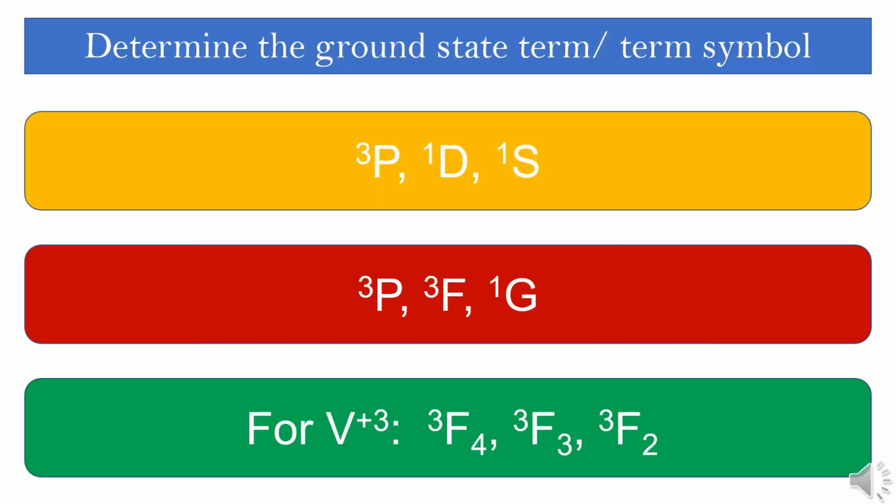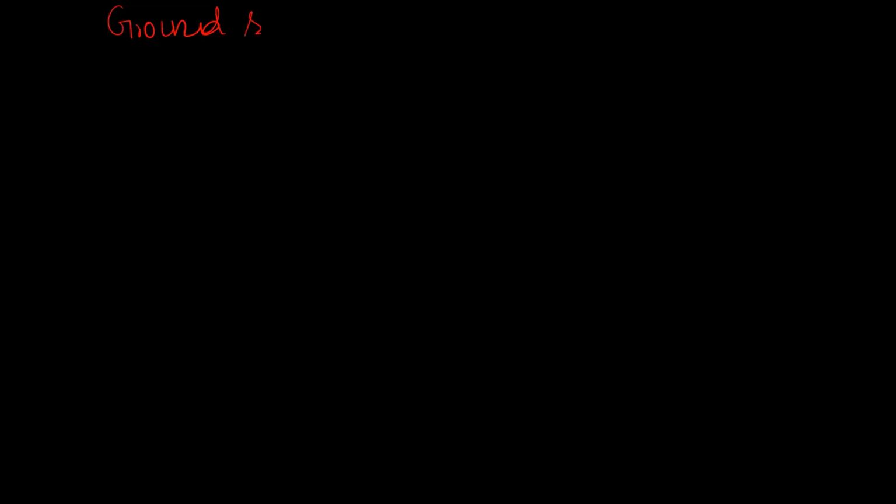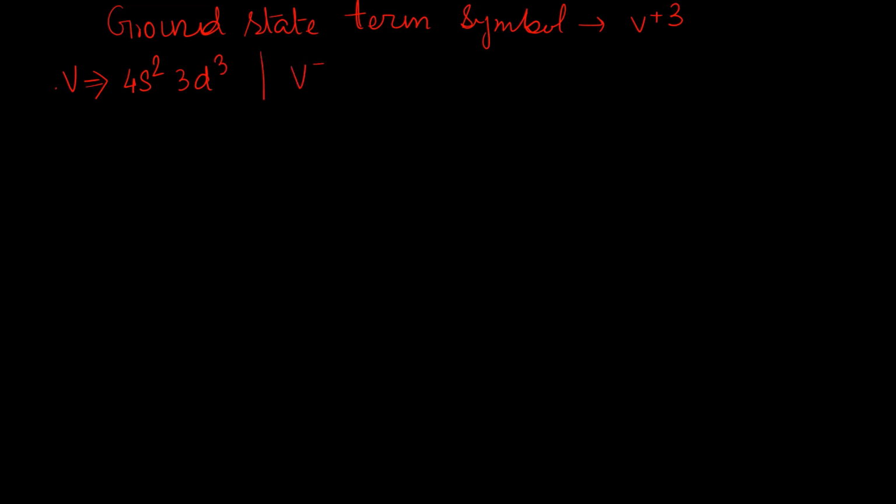Now determine the ground state term symbol of V plus 3. So how are we going to determine the ground state term symbol for vanadium plus 3? We have to know the electronic configuration. Vanadium in the 0 state has the electronic configuration 4s2 3d3. So vanadium in the plus 3 state has the electronic configuration 4s0